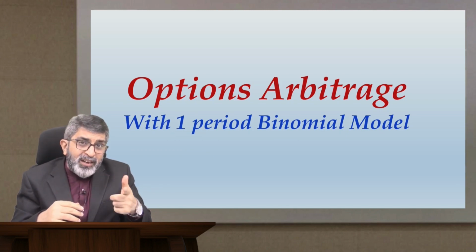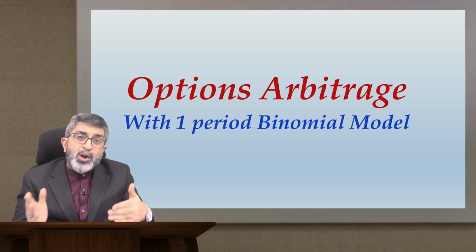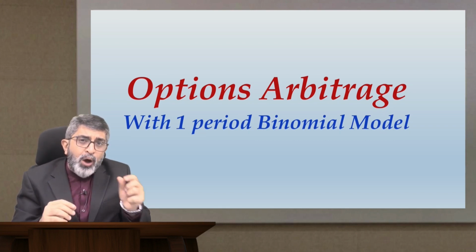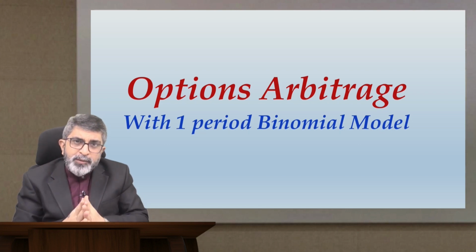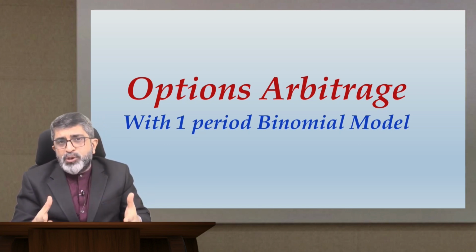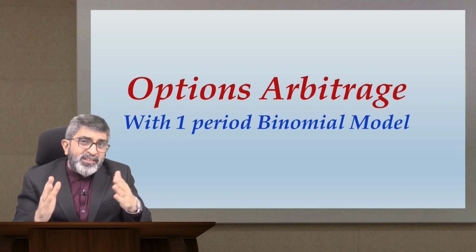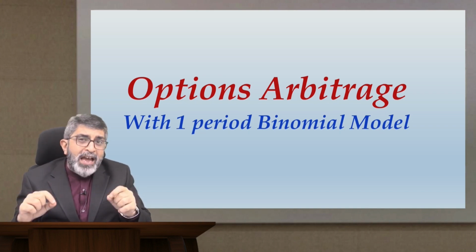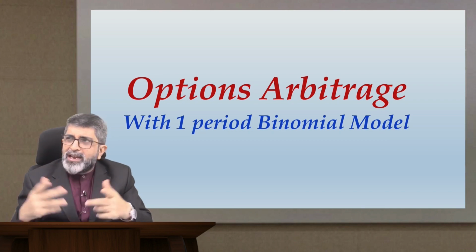In the previous class, options arbitrage part 1, I explained how to determine delta or hedge ratio of an option, and of course prior to that you have already learned option valuation. So we took a particular example, example number 1 in this category, and we found the value of the call option in that particular example. What I remember, it was